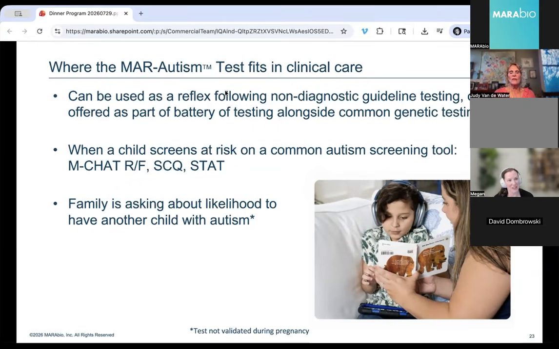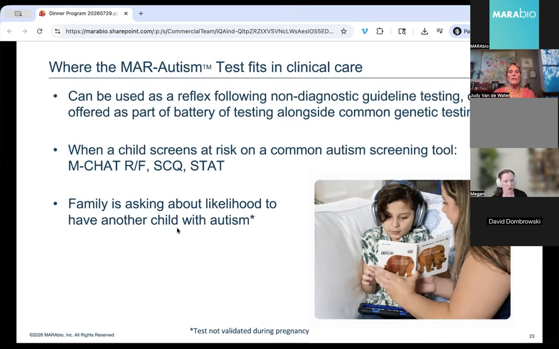And again, I'm talking a lot about genetic testing because that's my background and experience and how I see that fitting into the paradigm. But there were many times when I would talk with families and they've received the most comprehensive genetic testing and they still don't have an answer. And at that time, they said, "What else can we do?" And well, you've done most of the tests that are available. Of course, there may be new discoveries that come along, but this is now a tool that 5 years ago, when I was talking with families, wasn't available to help provide further information about that etiology and recurrence risk.